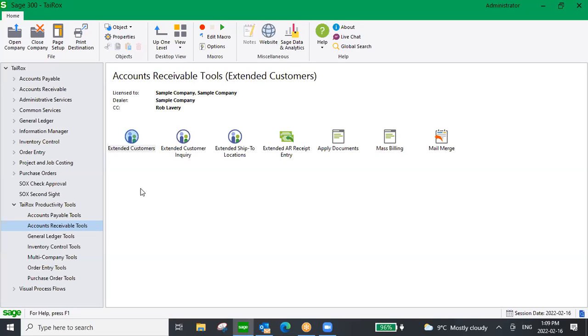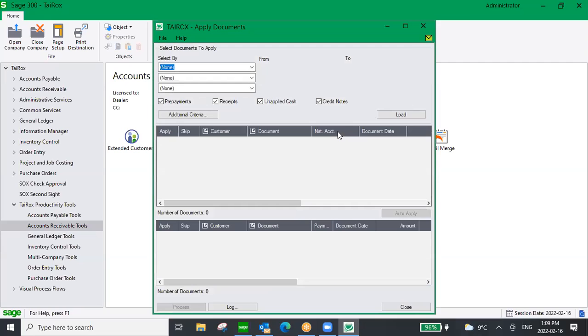Now, when we look at the accounts receivable toolkit, again, you'll see the extended tools. We do have an apply document tool, and this tool gives you the ability to,